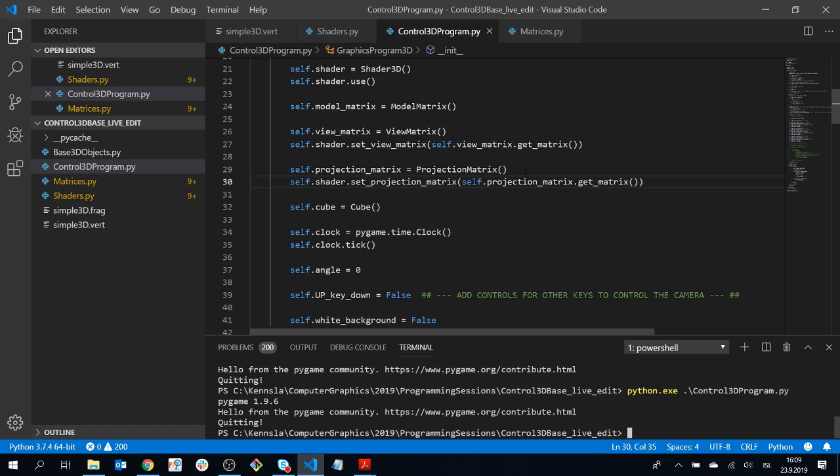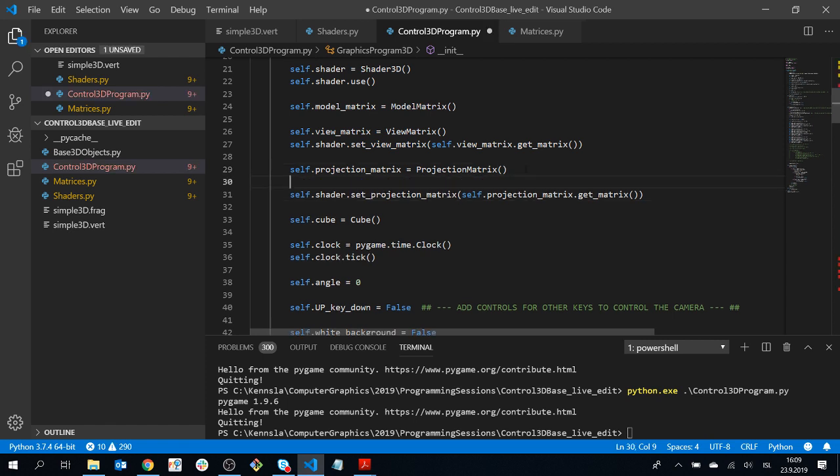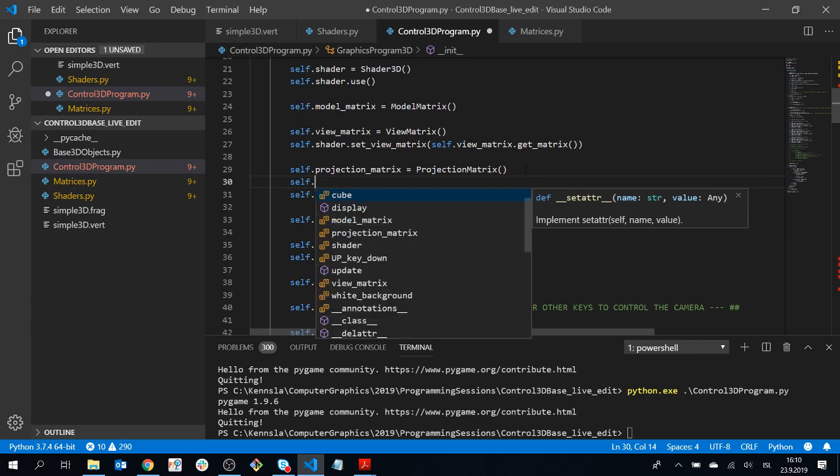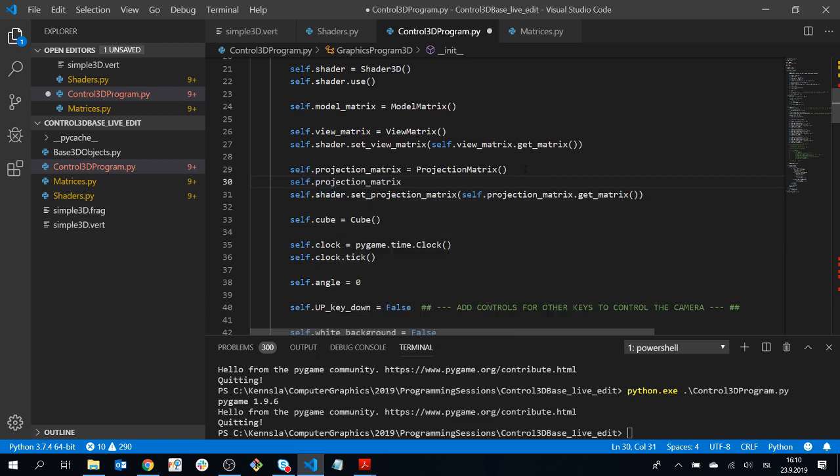What I want to do to begin with is to set something in the projection matrix here. So let's say self projection matrix, set orthographic, and I think something like, so an orthographic projection